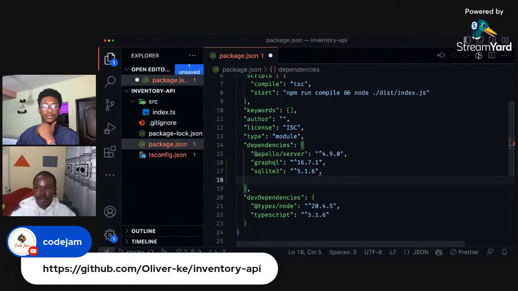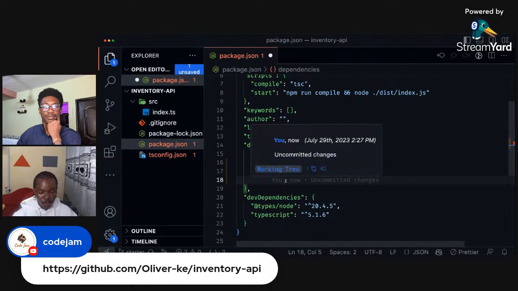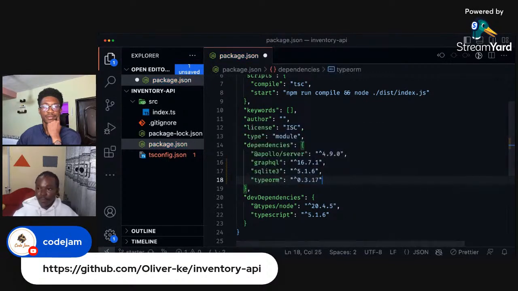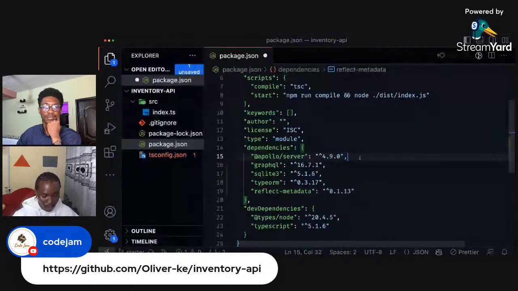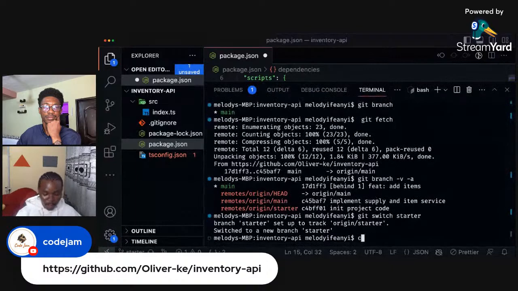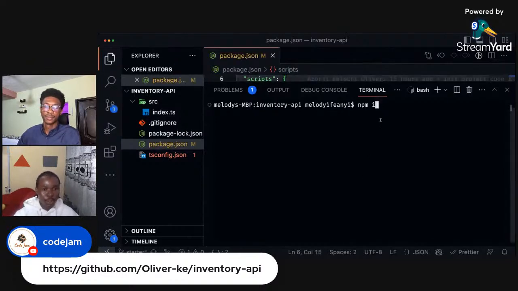We will need TypeORM because we don't want to handle a lot of things ourselves. So go ahead and include TypeORM. And we'll need reflect-metadata for TypeORM, so go ahead and install that. Once you've added those, in an integrated IDE, let the terminal run npm install. So go ahead and run npm install. While that is installing,